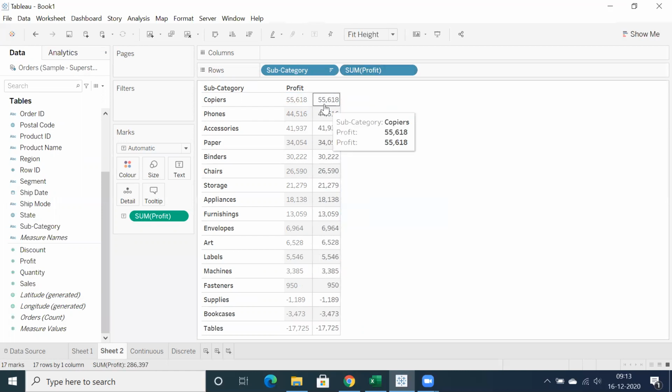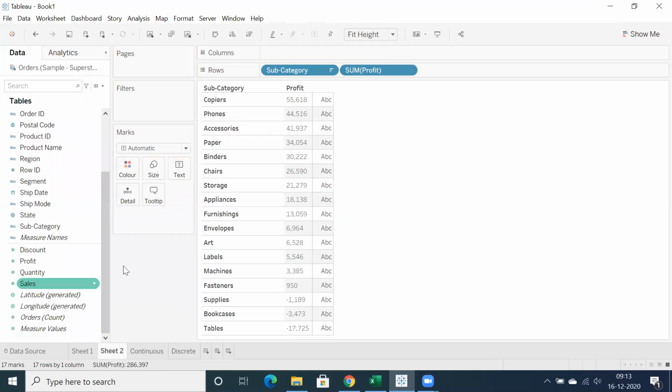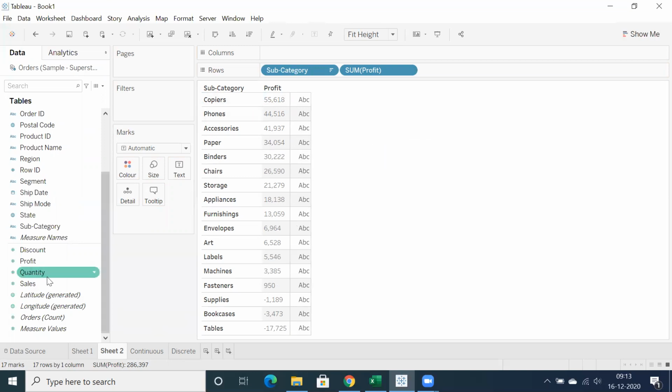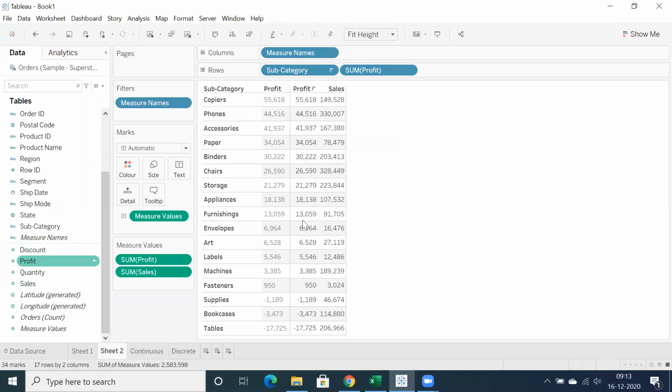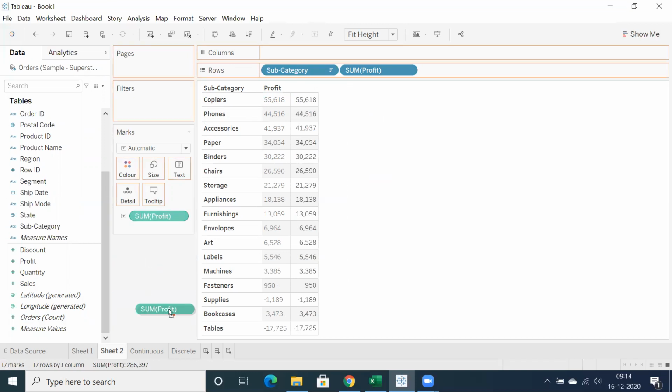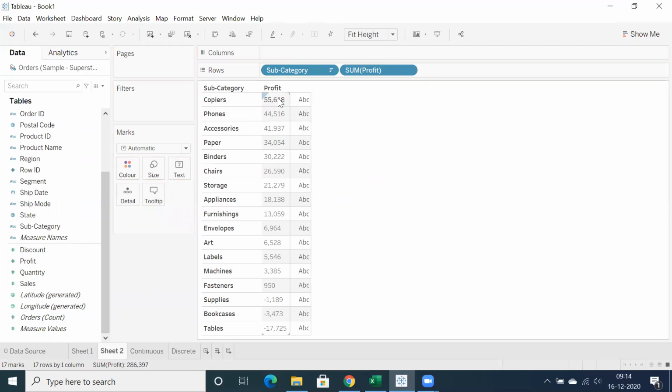But when you just remove the continuous or a measure value, whenever you drag and drop any measure, like sales, it comes up into ABC, this text value, right? Let's say we double click on profit. All the measures come up after this line. These are all measures. But what we have done is we converted sum of profit into discrete, so that we are showcasing it similar to a dimension. Similar to a dimension, but it will perform proper aggregation, exactly whatever the phone's profit value is.